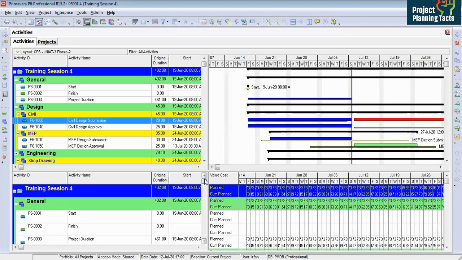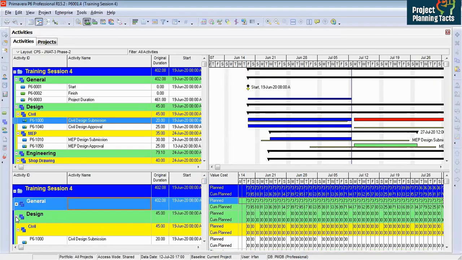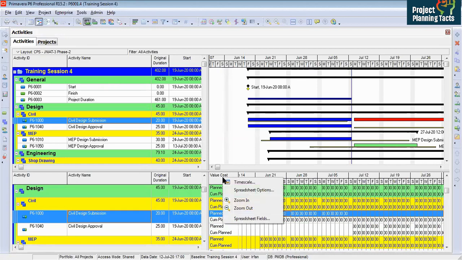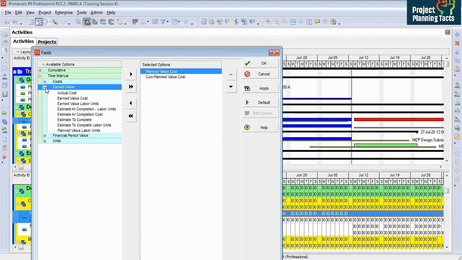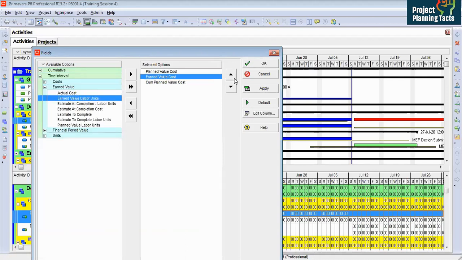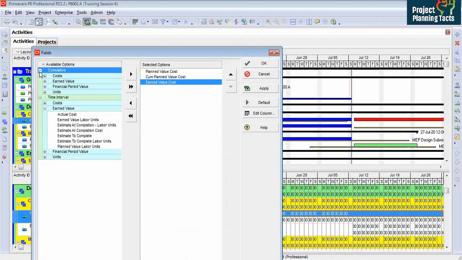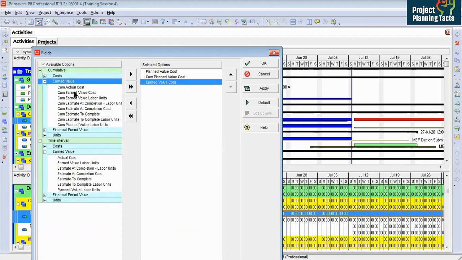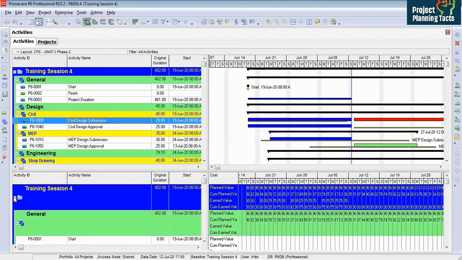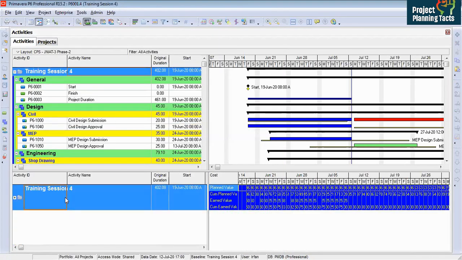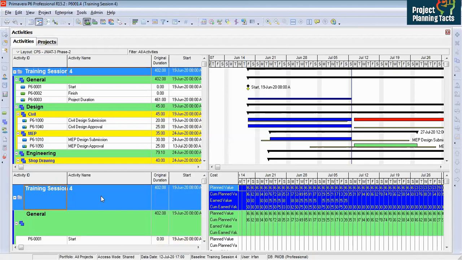Now I'm going to show you how to create a simple S curve. What I'm going to take from here is planned versus earned value. So under the earned value, I will take earned value, and then from cumulative earned value, I will take cumulative earned value. Click OK, minimize it, and then press Ctrl C so it will copy.